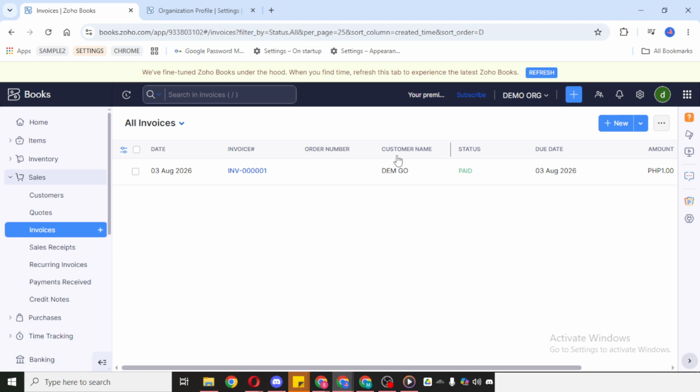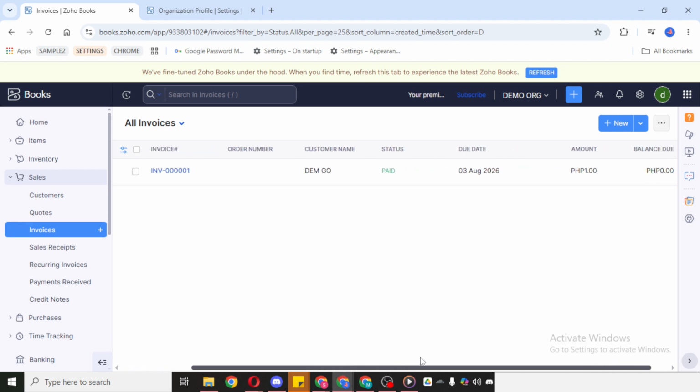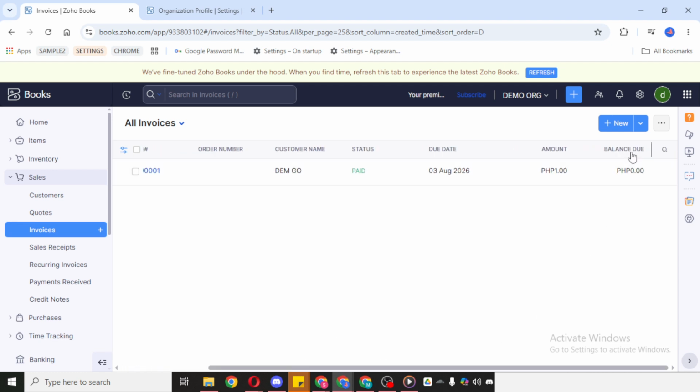Once you locate the specific invoice you want to edit, look for the small arrow drop-down associated with that invoice. Click the arrow down to open the available actions. This menu gives you quick access to different options related to that invoice, and the one you need here is Edit. Click Edit, and the invoice will open in edit mode.